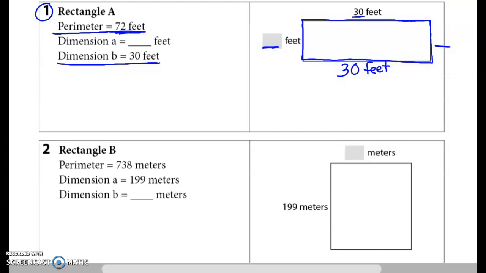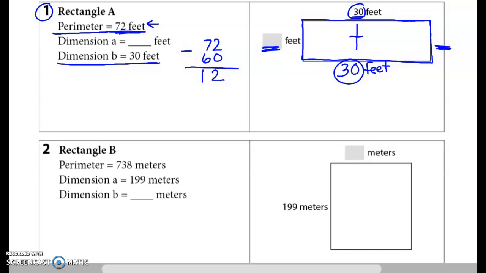So if we know the total perimeter is 72 feet, we can take that and take away the dimensions that we know to get our side. So if we think 30 plus 30, I'm taking this 30 on top and this 30 down here. 30 plus 30 gives me 60. So I'm going to subtract that from the total perimeter. And 2 take away 0 leaves me with 2. And 7 minus 6 gives me 1. So I just found out that this side and this side, when added together, will have a distance of 12